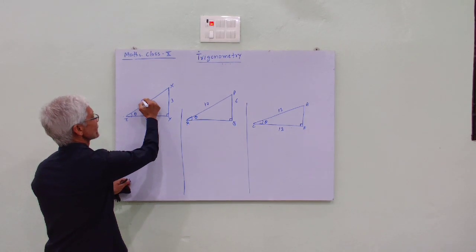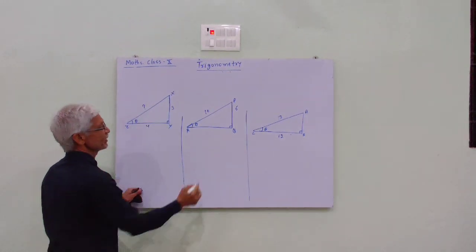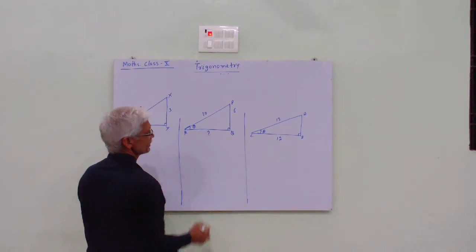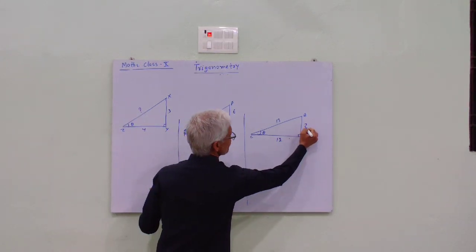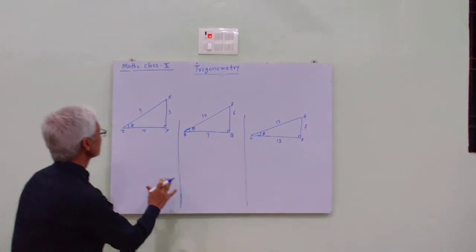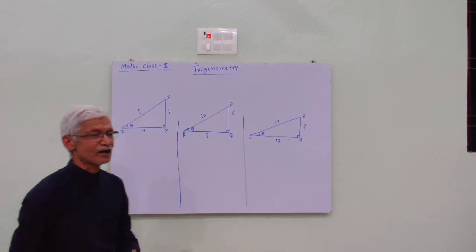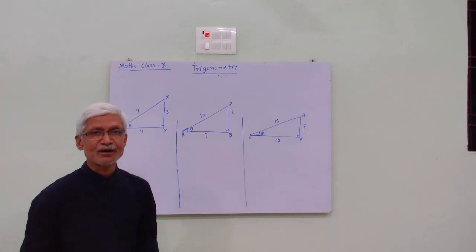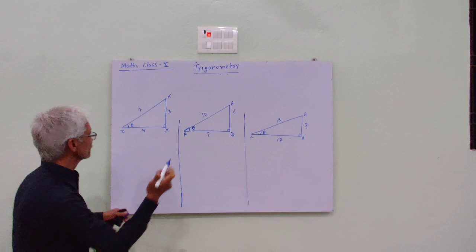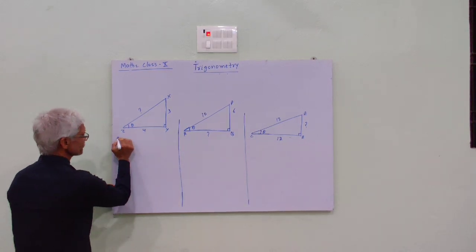In this triangle, the hypotenuse has not been given. In this one, the base is not given, and in this one, the perpendicular has not been given. Then, how can we find all six trigonometric ratios? So, first of all, using the Pythagoras theorem,